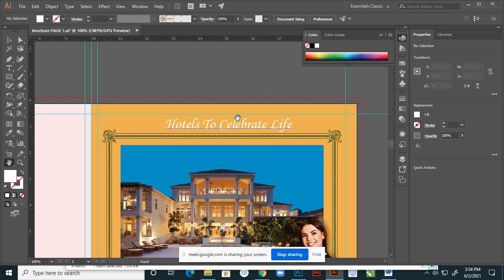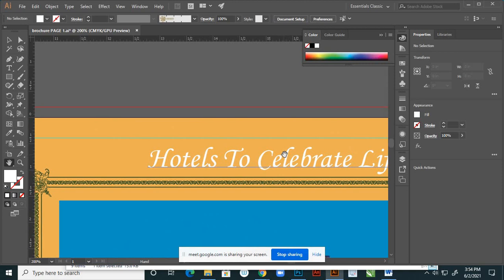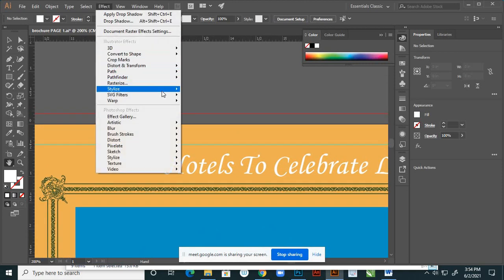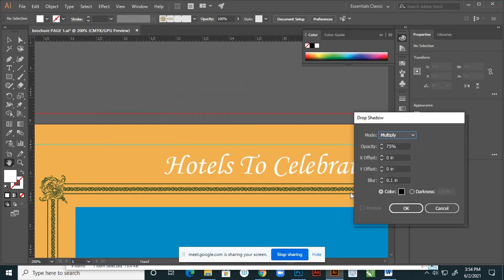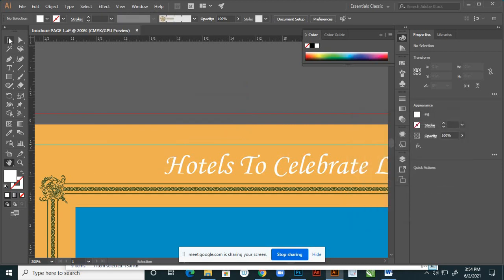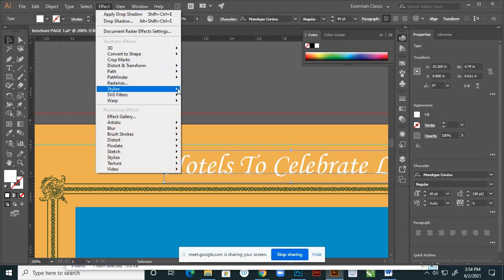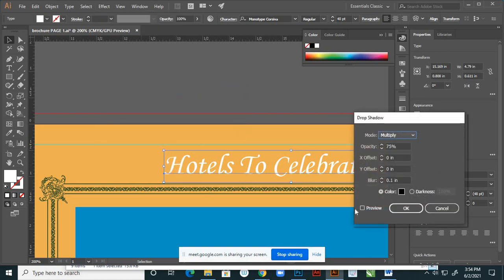Here I want to use some effect to highlight it. First you have to select this font, then Effects, Stylize, Drop Shadow, and turn on the preview button.